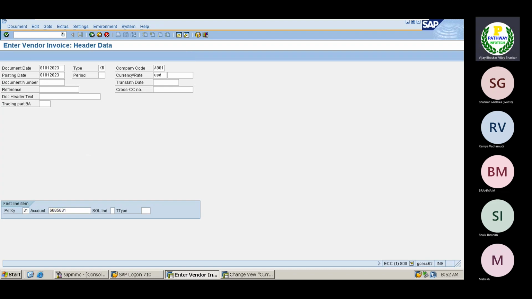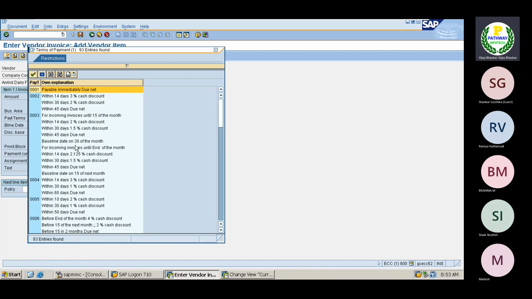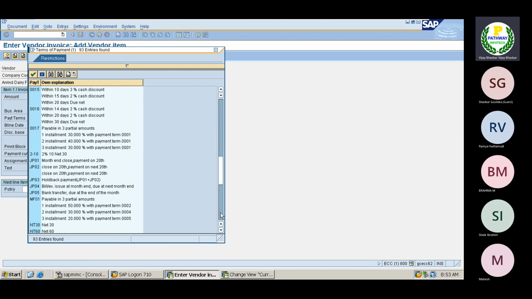Remember, enter. Let us check which exchange rate the system is going to consider. Now you can see the USD amount the system is automatically coming. Let me enter 1000. Then it should get converted automatically. The terms of payment is important here, because if you want to see all the scenarios,